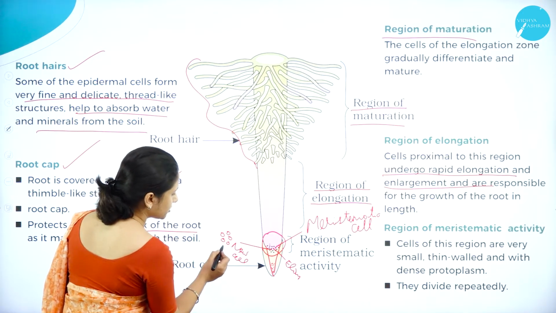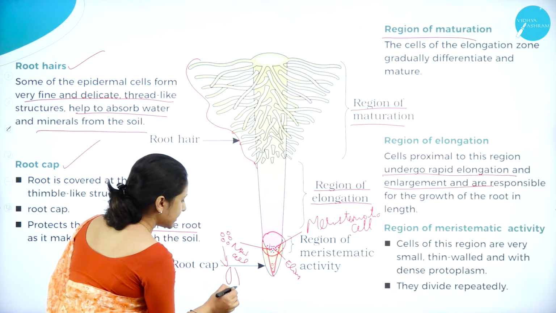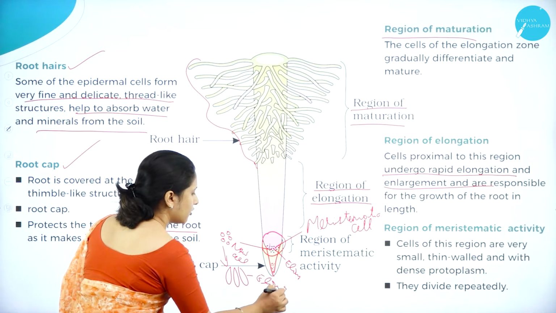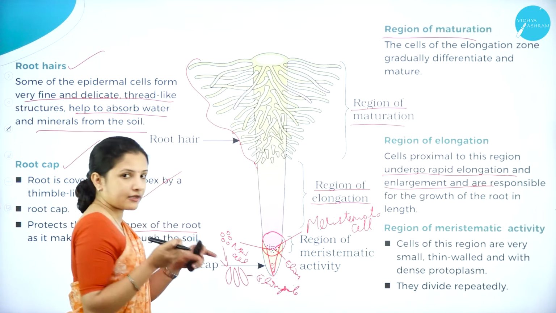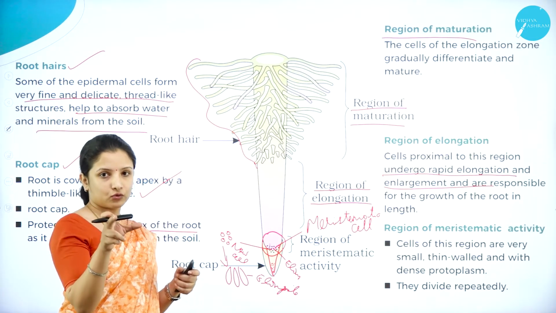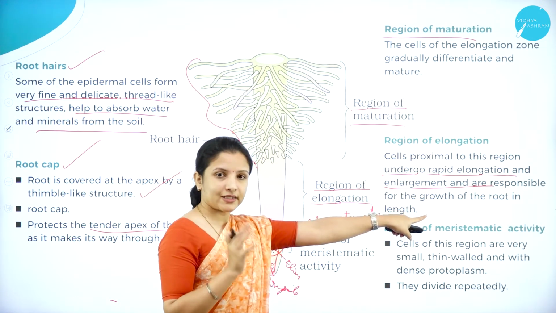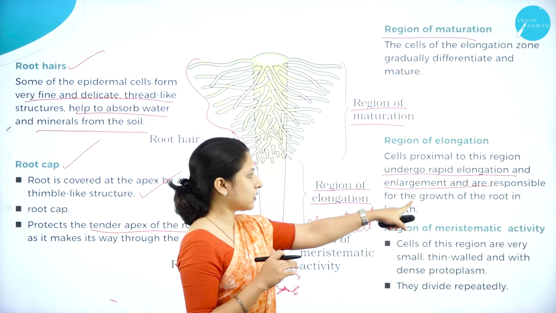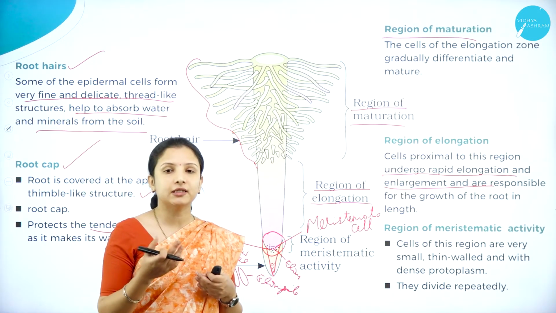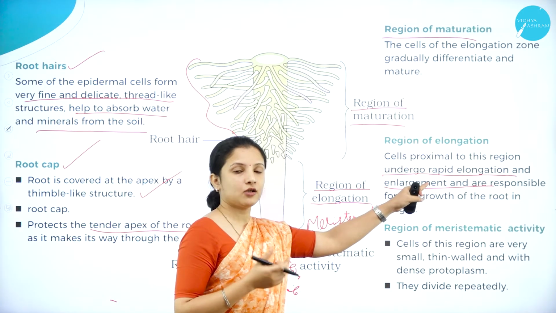So now these new cells will elongate. When the new cells elongate, only then will the size of the root, or the length of the root, increase, right? That is why the cells present in the region of elongation are the ones which help in the growth of the root in terms of length. It will increase the length of the root because in this particular region the cells are elongating or increasing in